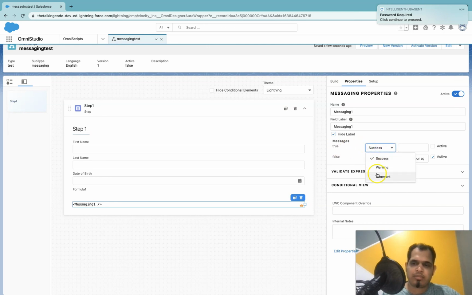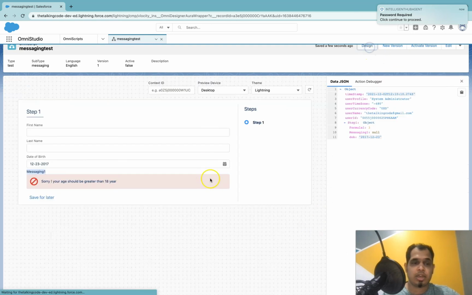It can be a comment, or it can be a warning. So let's say you want to display a warning that you need to present your date of birth proof while entering. If you want that, you can also do that, and let's preview it now.